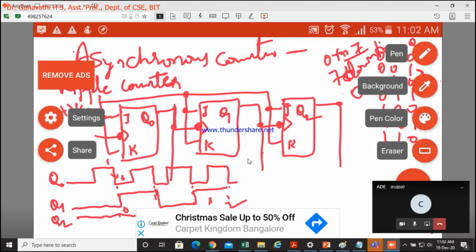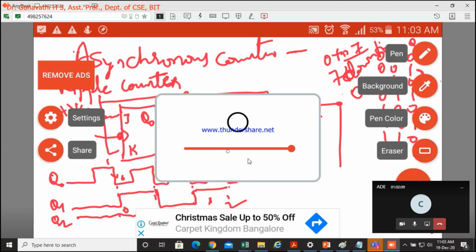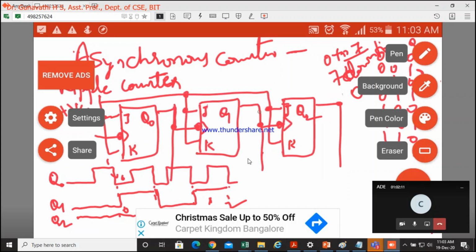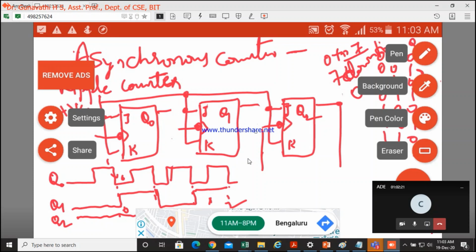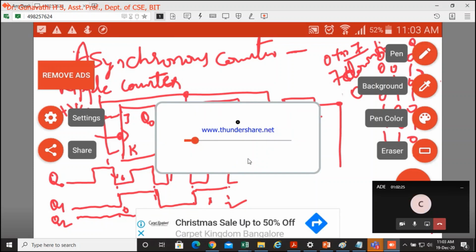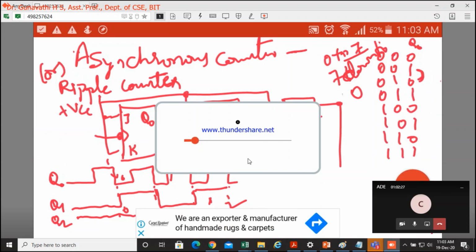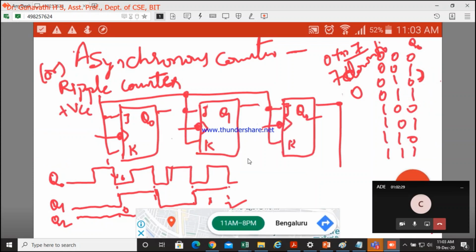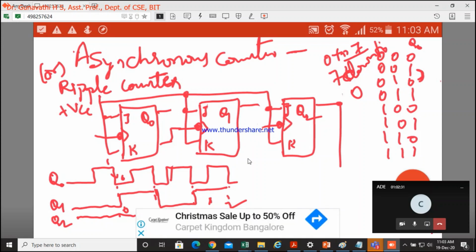So instead of giving the clock from this, just provide the clock from, let us just change this. From the inverting output or the complementary output, you provide the clock.